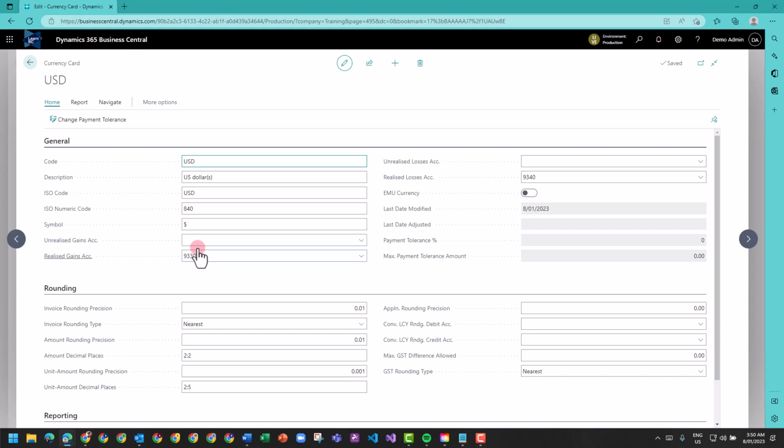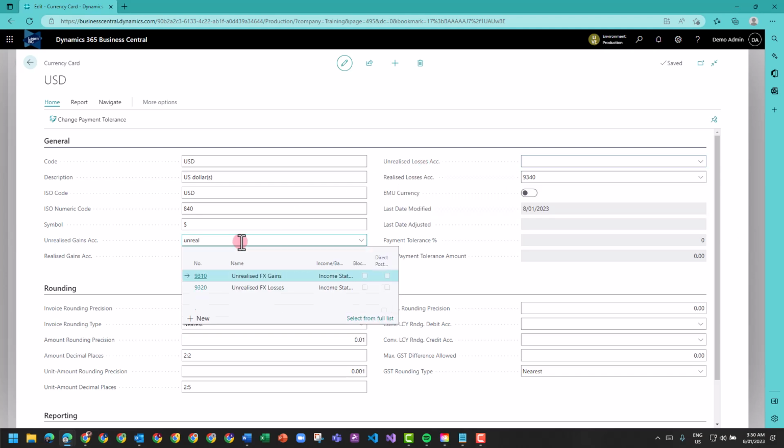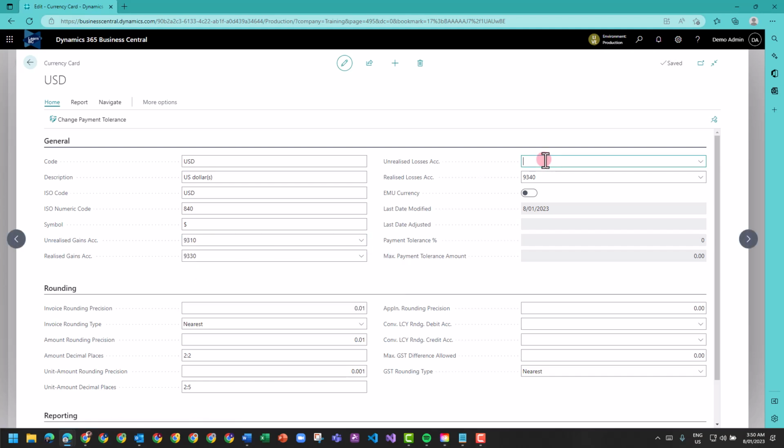And then from here we have some interesting accounts which generally are set up. In this instance it's not. So gains and losses. We have unrealized and realized, and then you've got unrealized and realized losses. So if I search unrealized gains and